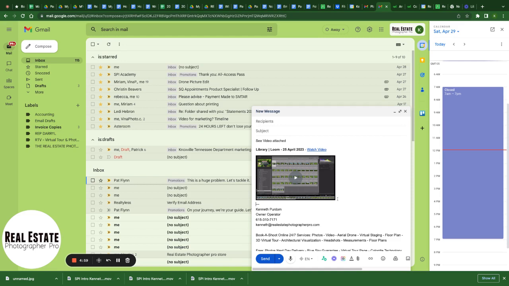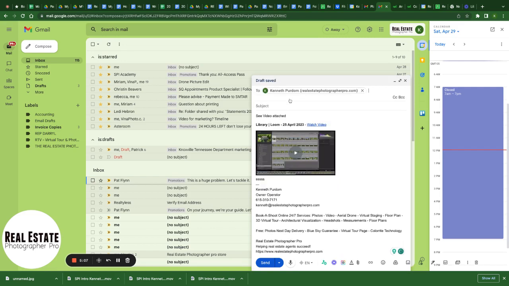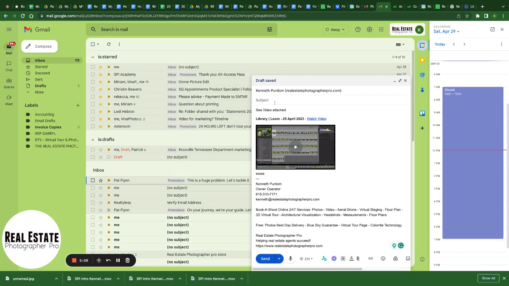Something I caught, and you don't want this to catch you by surprise: if you are inside this and start typing more to the message, I'll just email this to myself, it will delete the video. If you type an email message after you've linked the video inside the email, it will not deliver the video. So you want to do your text message, copy your video link,